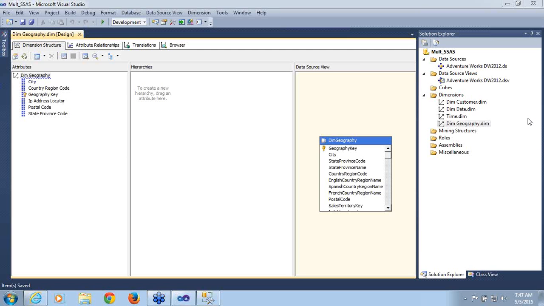What we'll do right now is, since we noticed that for country and for state we have the code and we have the name, we'll assign the code as the key column and we'll assign the name as the name column, because code is something which SSAS logically works on, and a name is what is displayed. So for state province code,